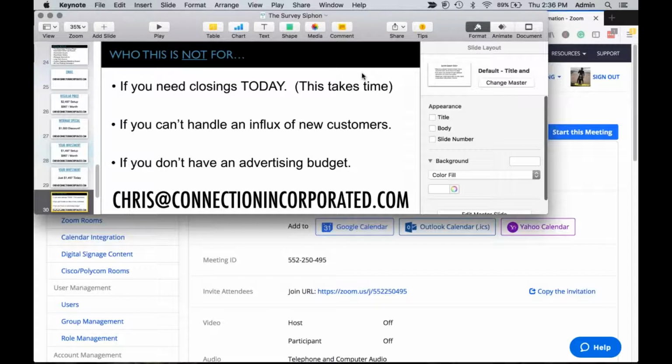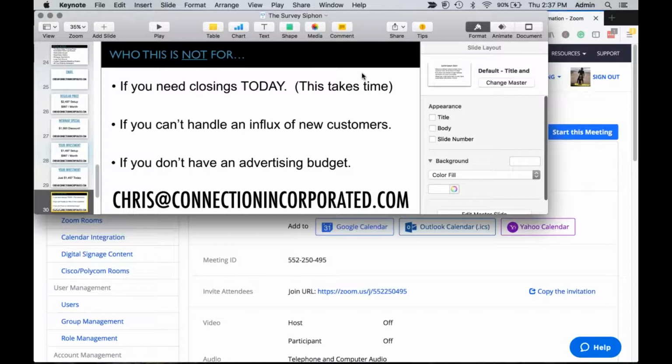When you get to the point where you've banked a little bit of that budget, and again, all you want to be doing is focusing on closing loans, that's when it's the right time to come into this program. You've got to have systems in place to close those loans. So if you can't handle an influx of new customers, you got to make sure you've got that dialed in first. And you got to have an advertising budget as well. My recommendation is a minimum of $1,000 a month in ads, and then up from there. Currently, we're spending $1,000 a day right now in advertising and keeping a very close eye on the return on investment.